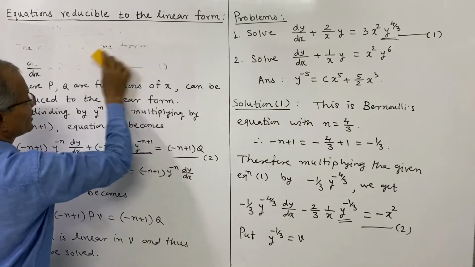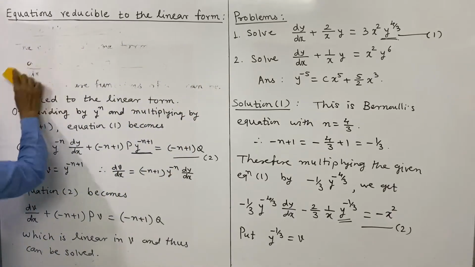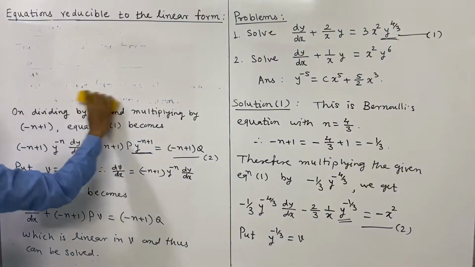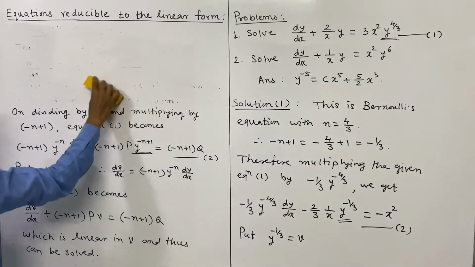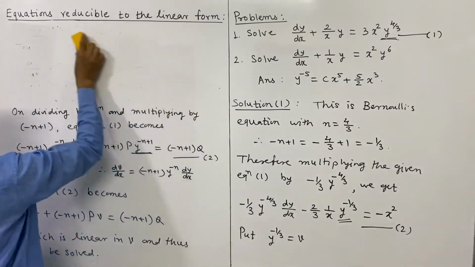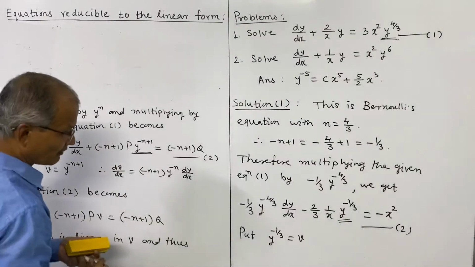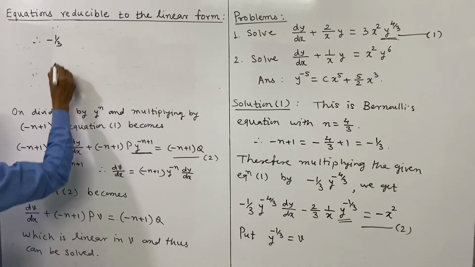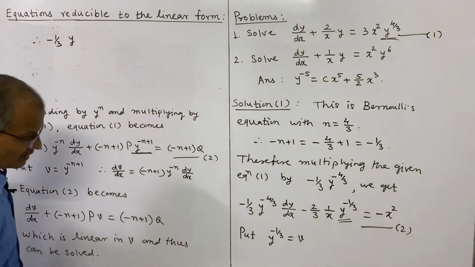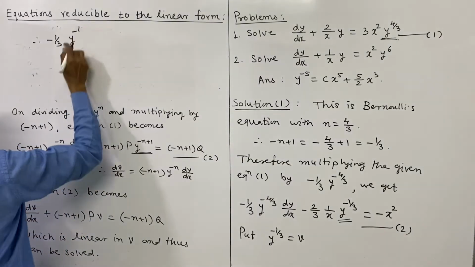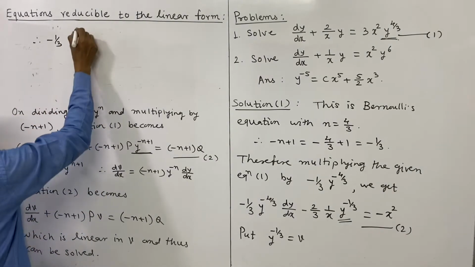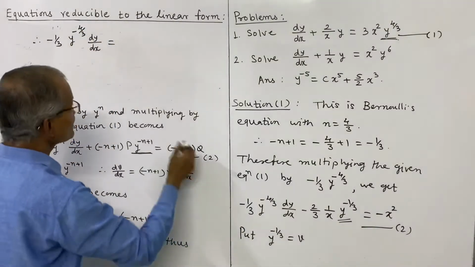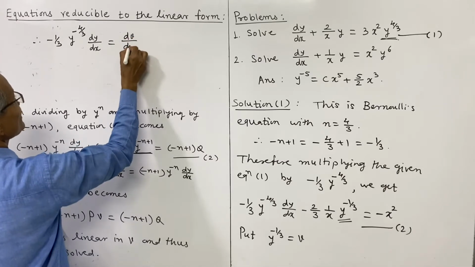Because we have noted the equation, the method is easy. Two things we have to remember: note the term of y on the right side and divide by that term. Note also the value of n and multiply by minus n plus 1. So that equation further up, taking the derivative, it becomes minus 1 by 3 and y to the power minus 1 by 3 minus 1, that is minus 4 by 3, into derivative of y with respect to x. We are differentiating with respect to x, and right side derivative of v with respect to x is dv by dx.